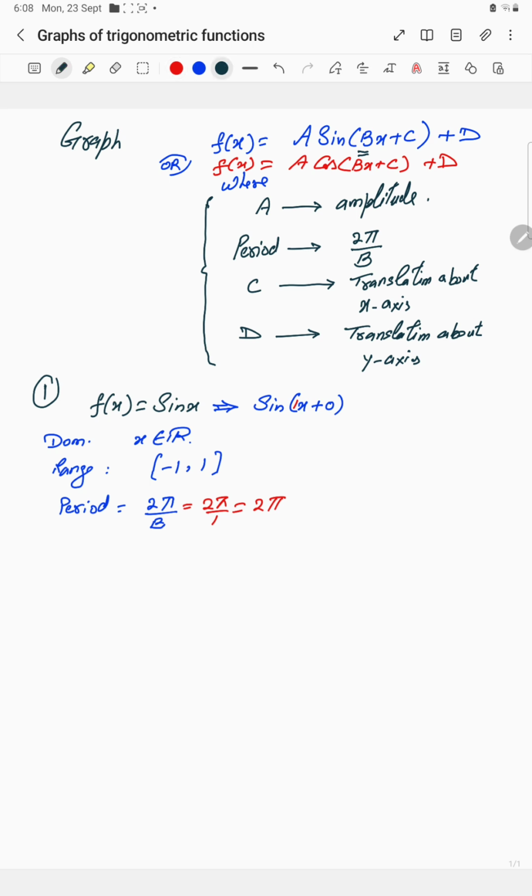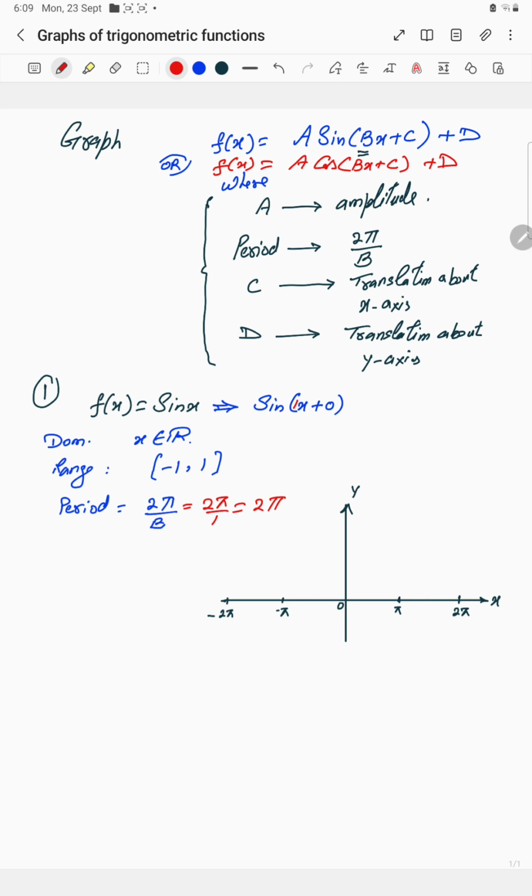So now plot it. This is the horizontal axis, the x-axis, and this is the vertical axis, the y-axis. As the period is 2 pi, we mark 2 pi here; this point of intersection of the axes is the origin. Half of 0 and 2 pi is pi, which comes here. Same on the other side, if 2 pi is here, minus 2 pi, half of it is minus pi, here. Then what will be the half of